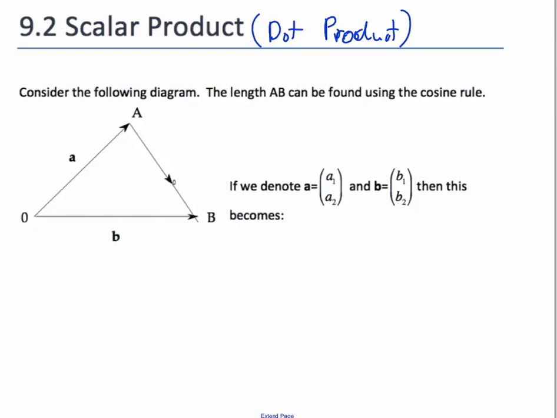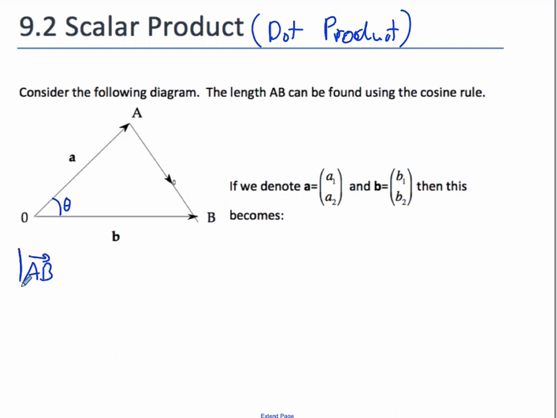Hello, this is Mr. Collier, and today we're looking at the scalar product, also called the dot product. Okay, so let's take a look at this triangle here and how we get the distance AB. So we can use the cosine rule for that, and then I'll show you what the dot product is. So let's call this angle theta, and according to the cosine rule, we can say